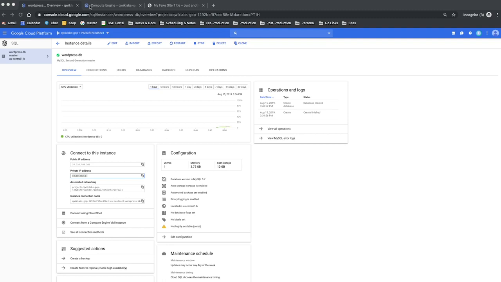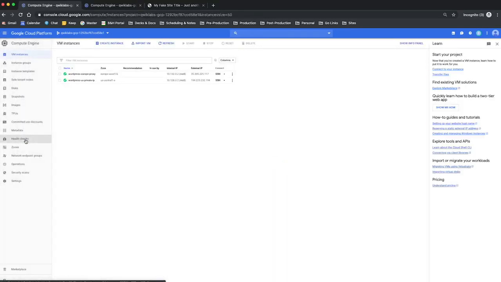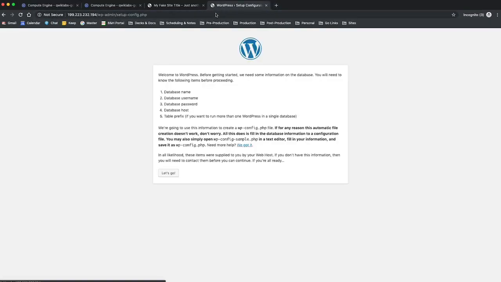And then I'm going to go to Compute Engine. And it is going to want me to copy the external IP address for WordPress private IP. I'm going to copy that and paste it in a new tab, press enter,